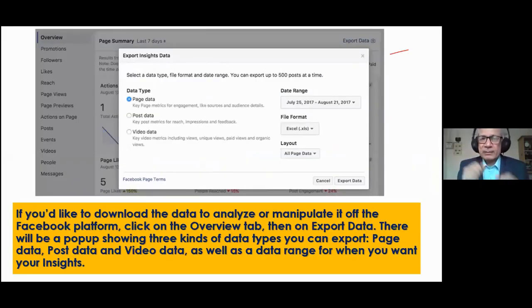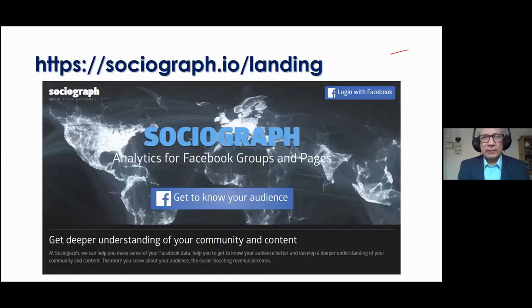So here it is very simple. You can click on the overview tab when you are in your Facebook page, and from there you can click on export data. This is that export data, and it was not there since the beginning. Only after they got scolded by the European Union and other courts around the world, they allowed you to download your data so that you can find what Facebook knows about you. Now there are certain websites which you can use to generate analytics for you.